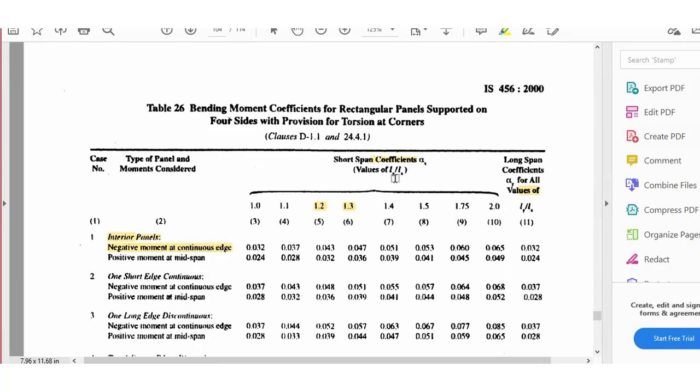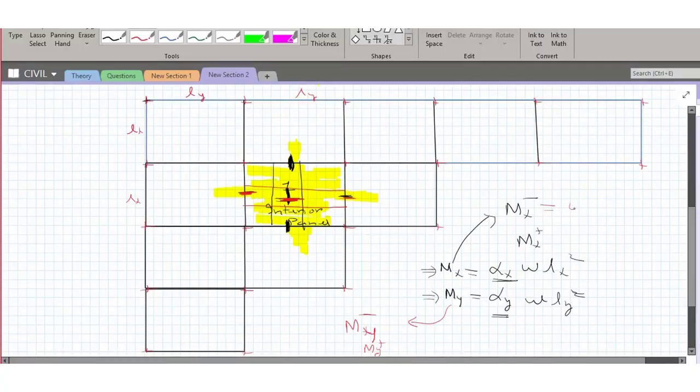Depending upon this ratio of Ly by Lx, you are definitely going to compute Ly by Lx. Say if Ly by Lx is 1.3, you get this negative moment coefficient as 0.047. So you can compute Mx negative: 0.047 into w into Lx square. Sorry, this is not Ly, by mistake I've written.